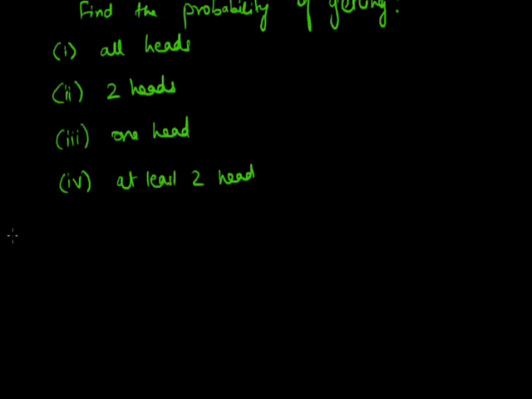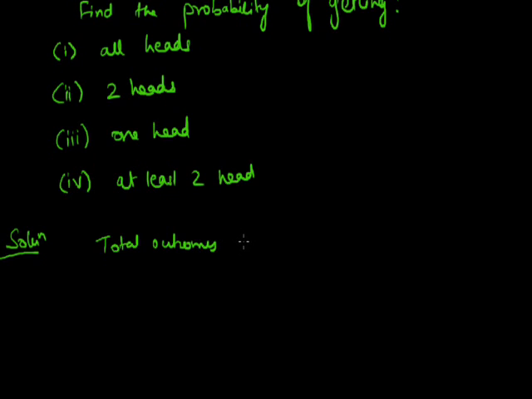As 3 unbiased coins are tossed, the total number of outcomes will be 8. And how we get 8 is, for one coin there are 2 possible outcomes. As there are 3 coins, the outcomes will be 2 into 2 into 2. So total outcomes